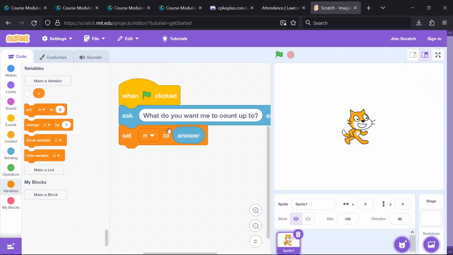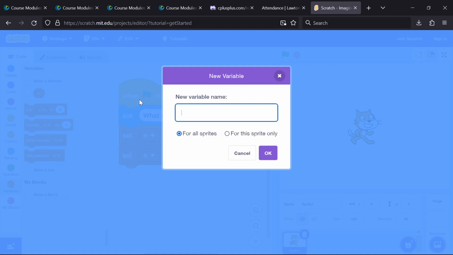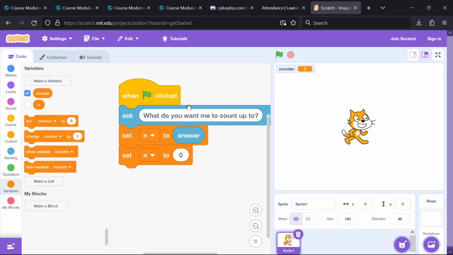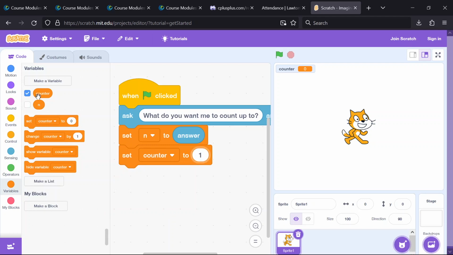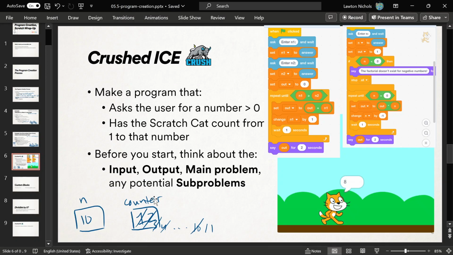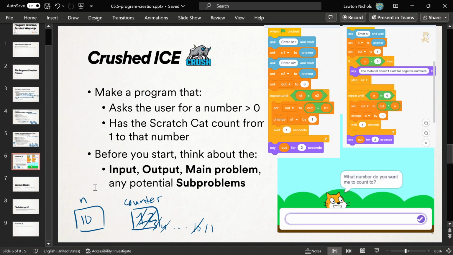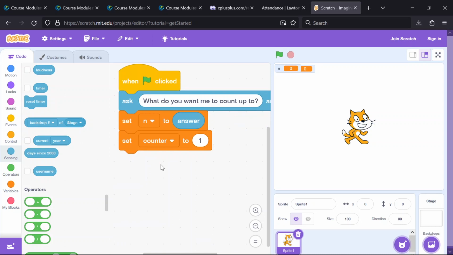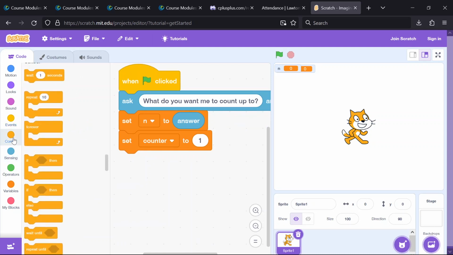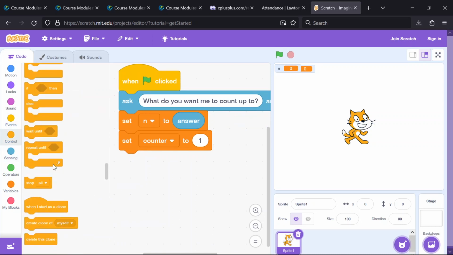Orange is cooler. So set n to answer, and then also I need the first thing. I need to print 1 first, and I'll call that counter. I'll put the 1 into counter. That's the first thing. Well, it's just a variable that's going to count up. That's why I'm going to call it counter, but you can call it anything. So set n to answer, set counter to 1, and then just repeatedly until counter gets bigger,